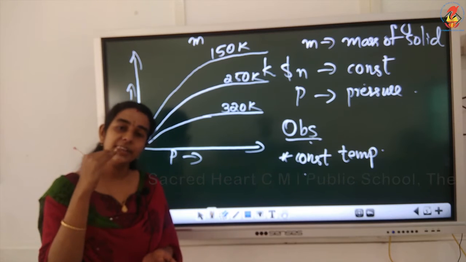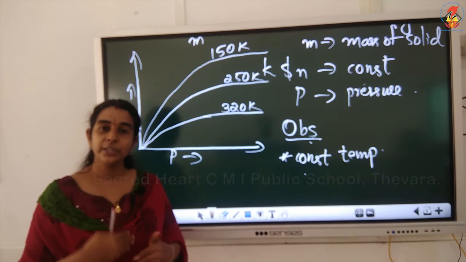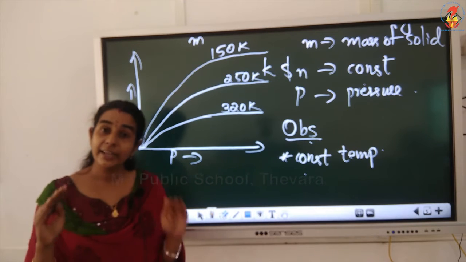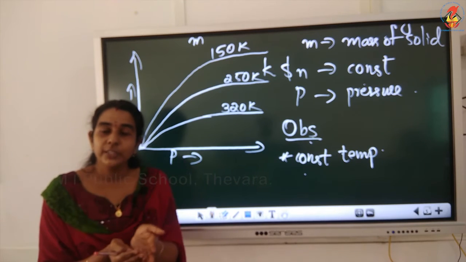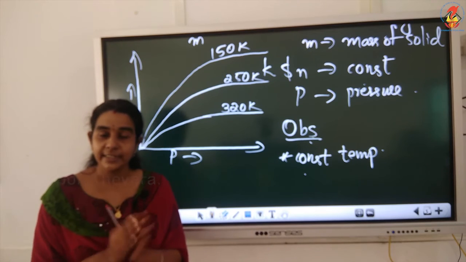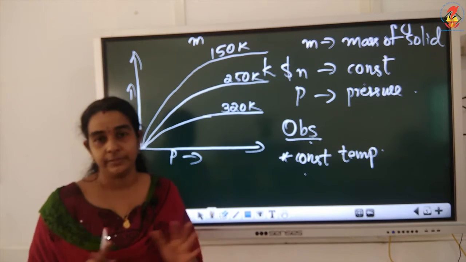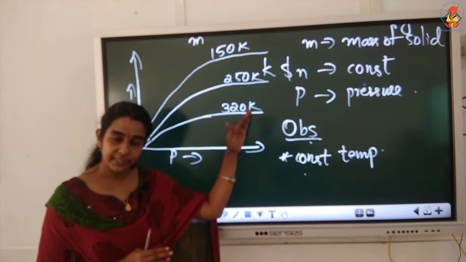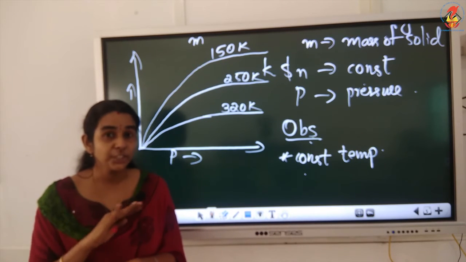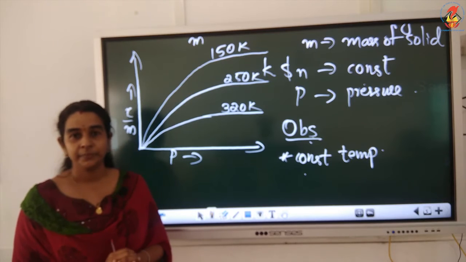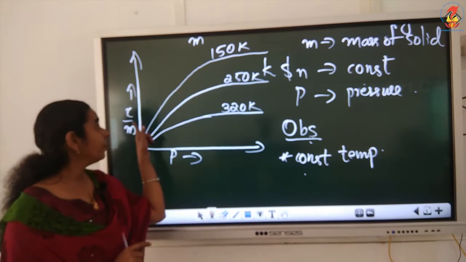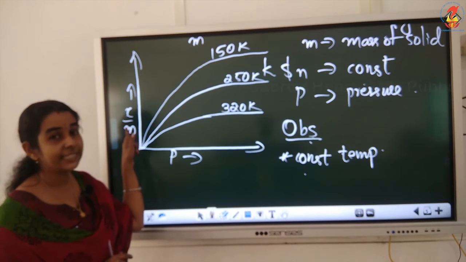Slowly, when we increase pressure, the gaseous molecules adsorb on the surface of the solid, and finally at high pressure the whole surface of the solid will be covered with gaseous molecules, and this condition is known as saturation. So at high pressure the whole surface of the solid gets saturated with gaseous molecules. Then further there will not be any effect on the amount of gas adsorbed, that means x by m,